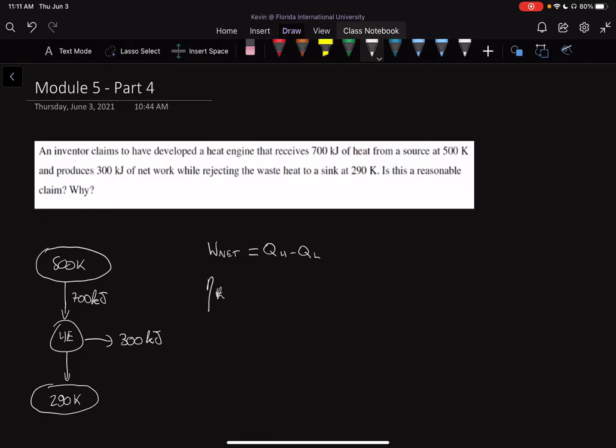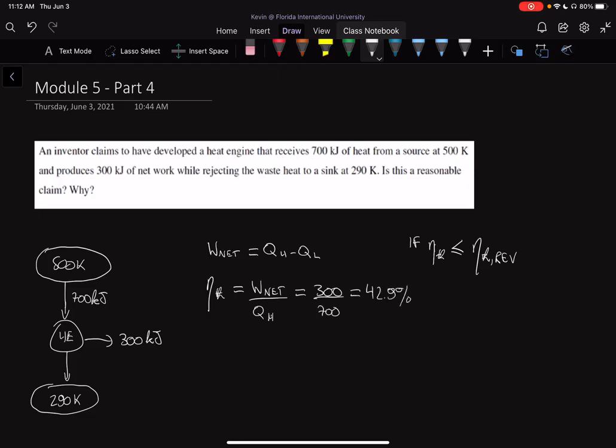In order to check for a reasonable claim, what you have to check is if η thermal is less than or equal to η thermal reversible. That's what the question is asking. We're checking if the system that he claims he has invented is possible or not. So our η thermal for our system, we can just use W net over QH, or Q in. Our W net over QH is going to be equal to 300 over 700, which is equal to